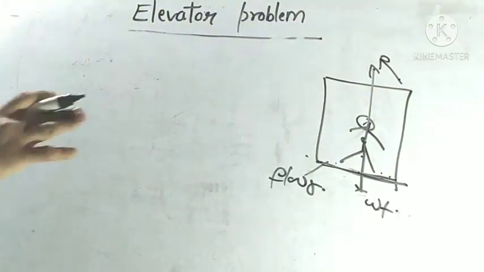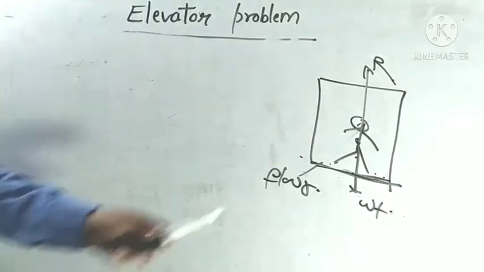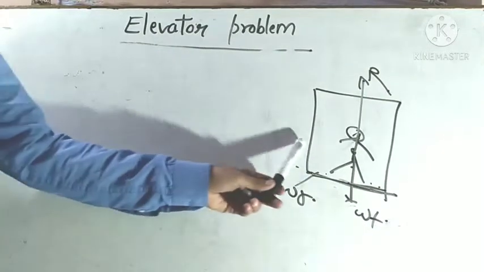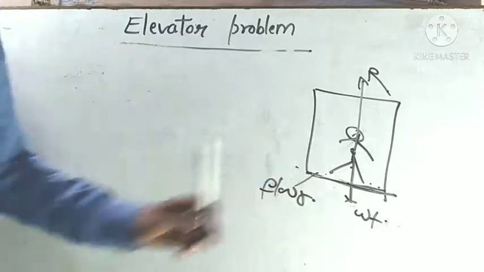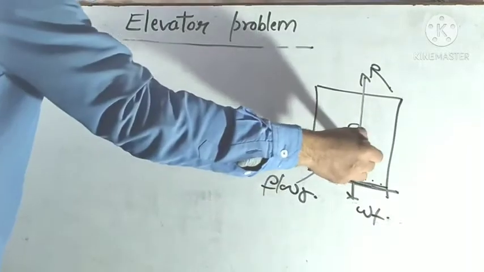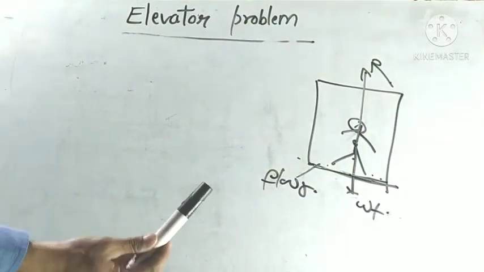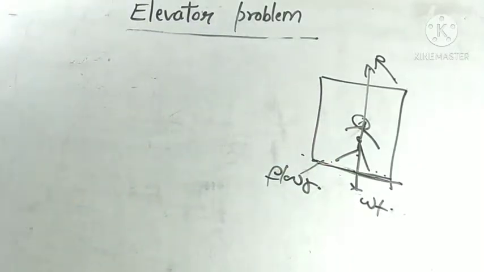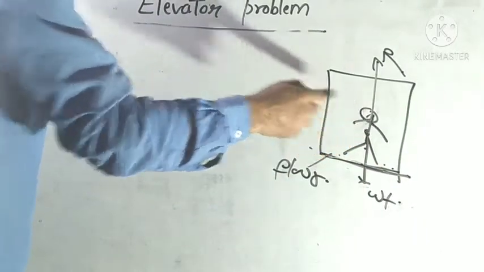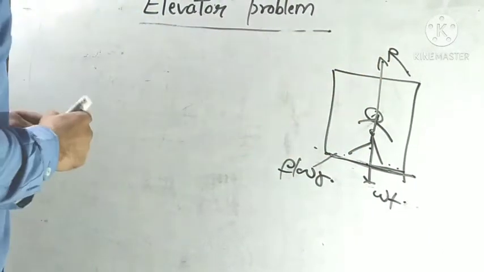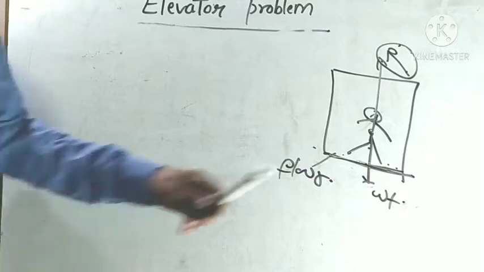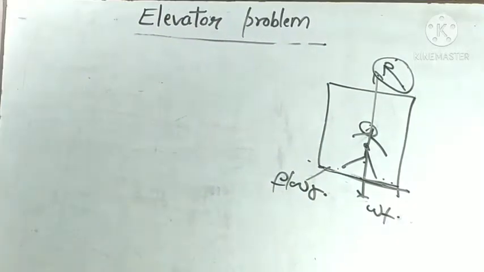Firstly, we take any lift, and that lift is a moving object. A person inside the lift experiences the virtual force due to the dynamic, or accelerating, state of the lift. When a person stands on the floor of this elevator, his weight works in the downward direction. According to Newton's third law, every action has an equal and opposite reaction, so the floor also exerts an equal and opposite force on the man, which is the reaction force. Now we have to find the apparent weight of this person, and we use the action and reaction forces. Now we discuss some cases.